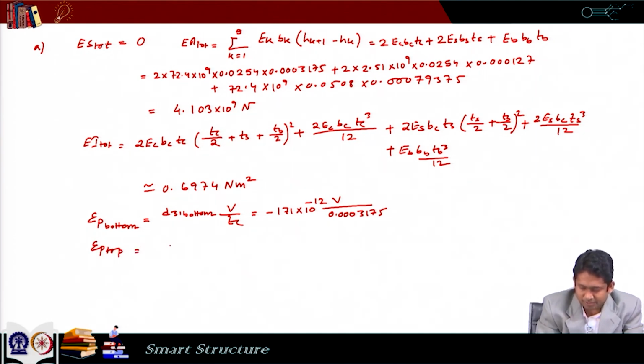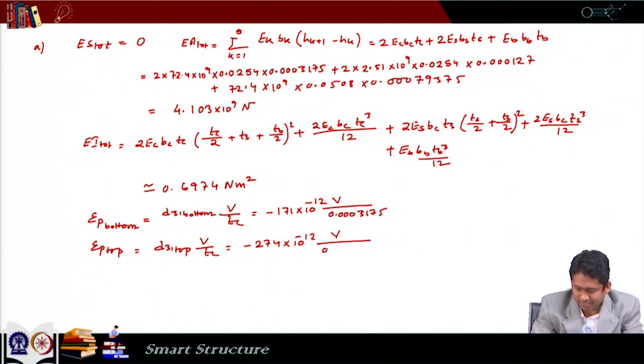Same thing, we have to just change the D31 and then it becomes minus 274 multiplied by 10 to the power minus 12 divided by 0.0003175. Now, let us assume that the applied voltage is